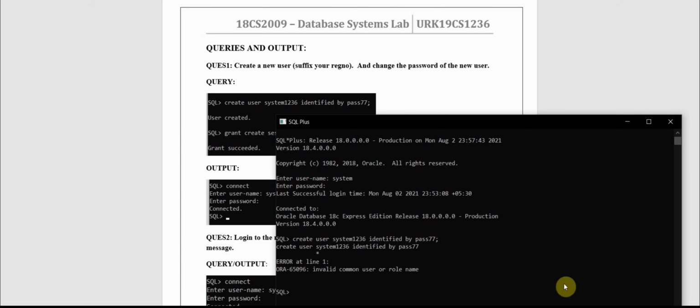Now I need to alter the session. For that I have a command called alter.